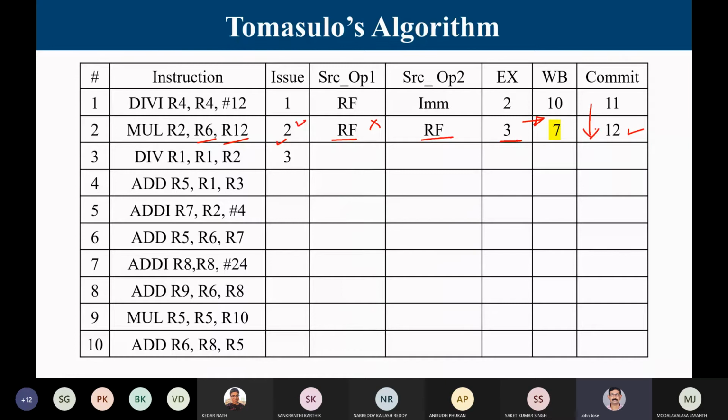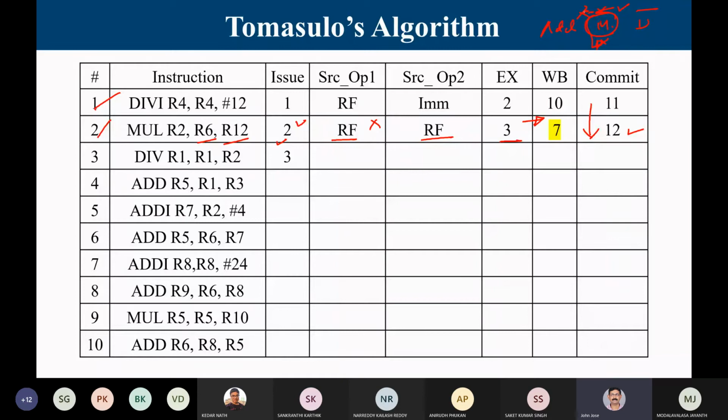So let us now look at clock cycle number 5. At clock cycle number 5, we have an adder, a multiplier and a division unit. In the division reservation station, the first instruction is there. And in the multiplication unit, the second instruction is waiting in the reservation station. I told you I have only 2 entries in the reservation station. When you write the result into CDB, this entry from the reservation station is cleared. So when the operation is being carried out in the functional unit, the reservation station entry stays as such. It tells that the functional unit is busy doing the operation. Only when the result is over do I remove it from the reservation station.